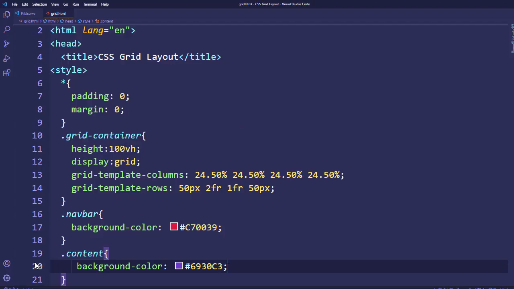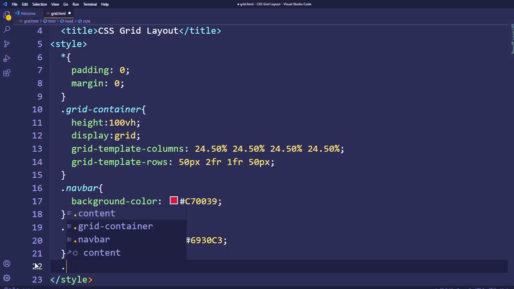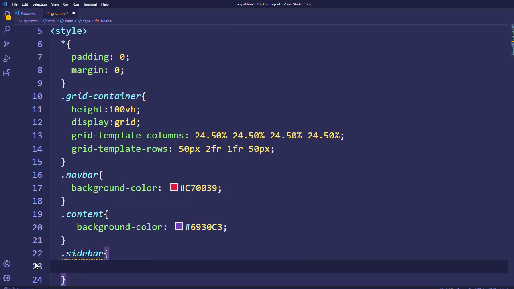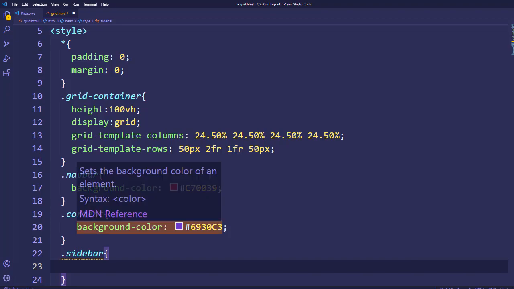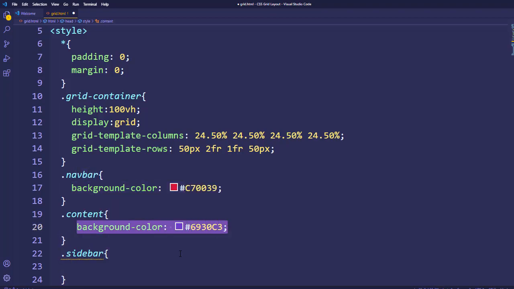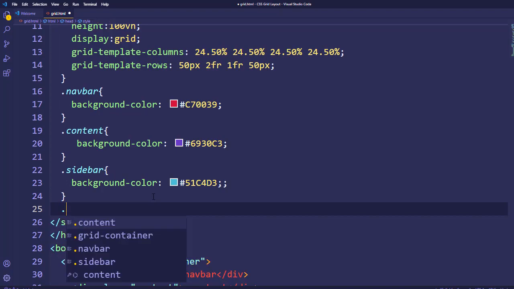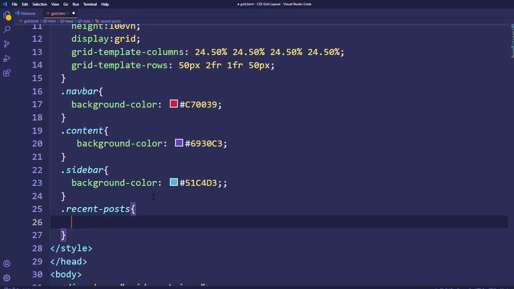Save it, go back in the browser. Then we will go to the sidebar, and here we'll apply this background color. Let me just copy paste the background color property. Then we will go for the recent post, and we'll do the same thing, background color.